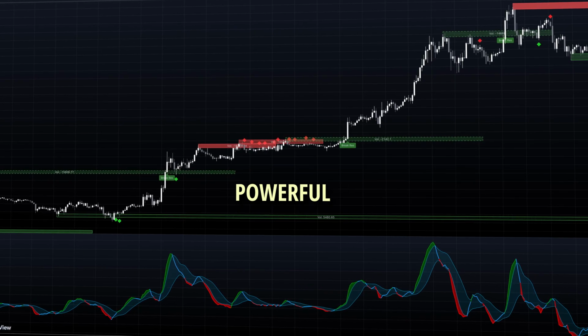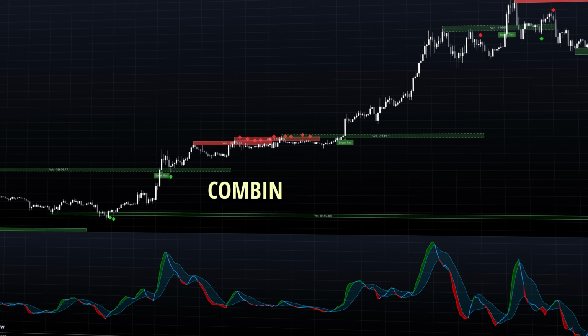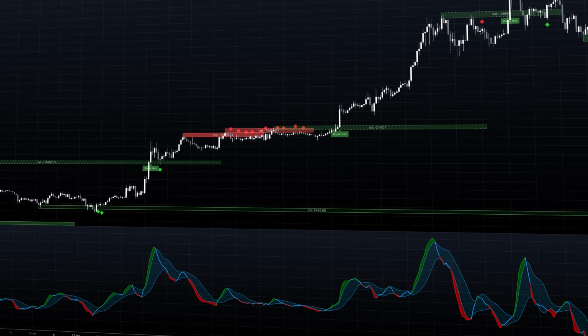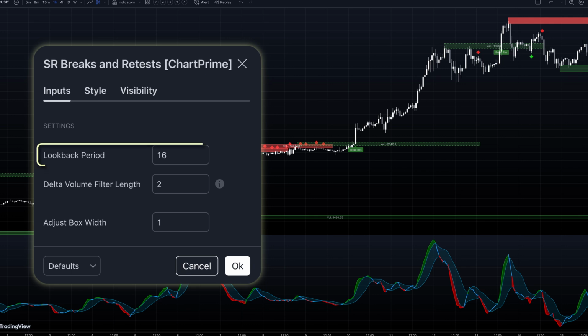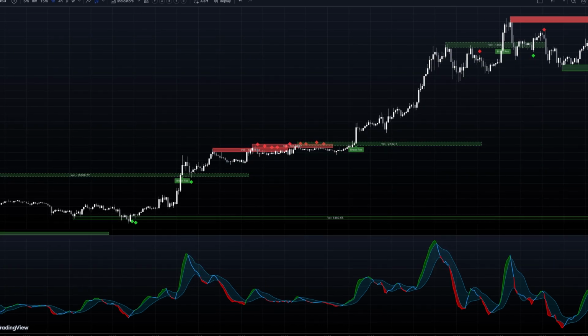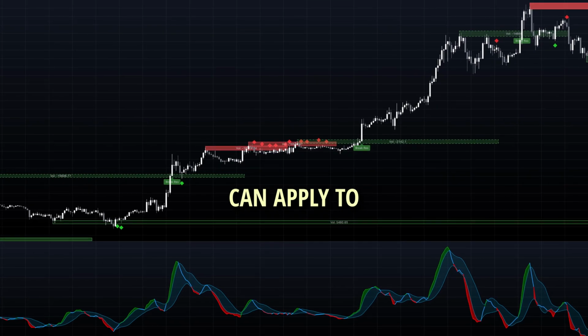We'll examine one powerful configuration among many possible combinations, which will help you customize settings for your specific needs. For more frequent trading opportunities, configure the high volume boxes indicator with a 16-period lookback. In the BSM indicator settings, labeled in Spanish, set Media Rapida, fast average, to 7, and Media Lenta, slow average, to 15. While I'm demonstrating this on a 1-hour BTC USD chart, these principles can apply to any instrument and